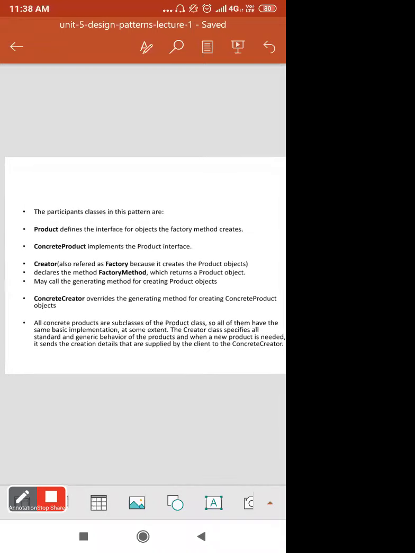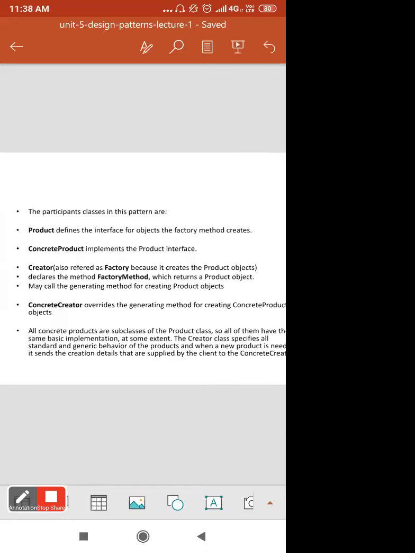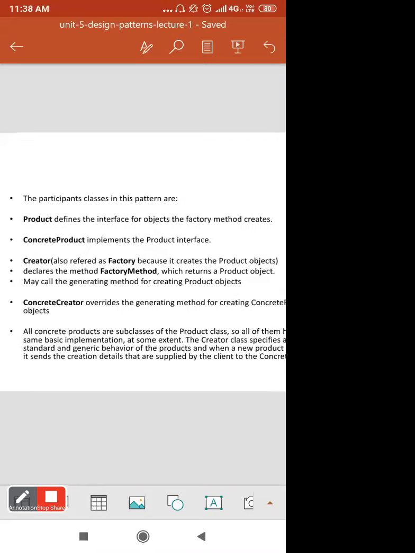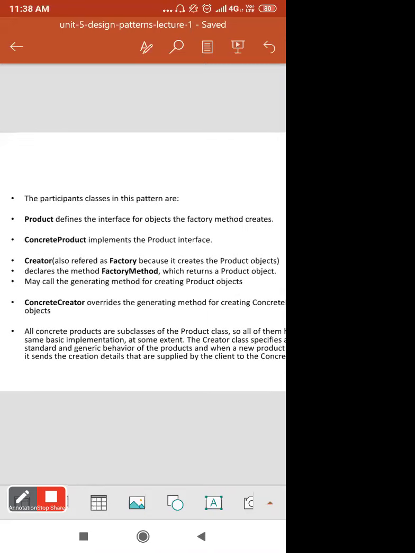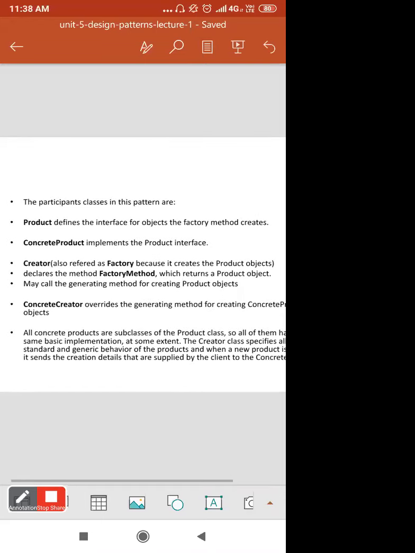So what are the particular participants in this pattern? So these participants like product, concrete product, creator, concrete creator, you have to focus on while designing this pattern.